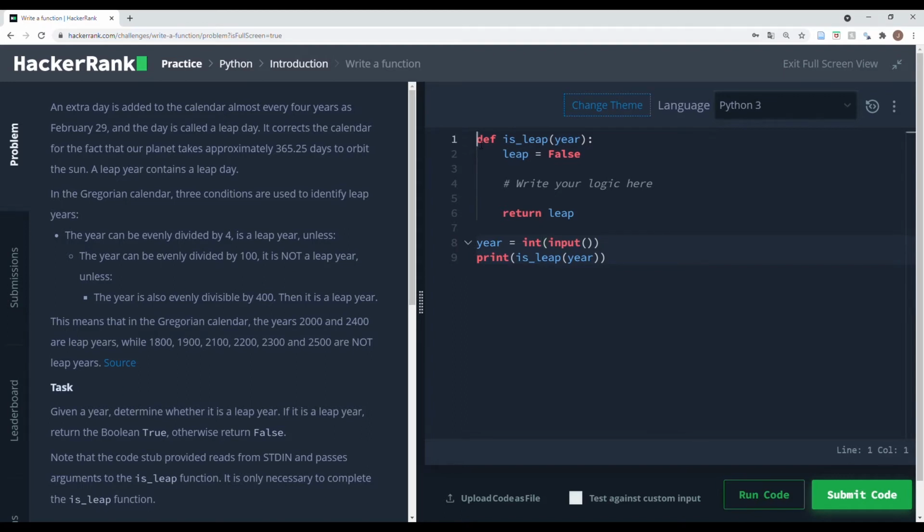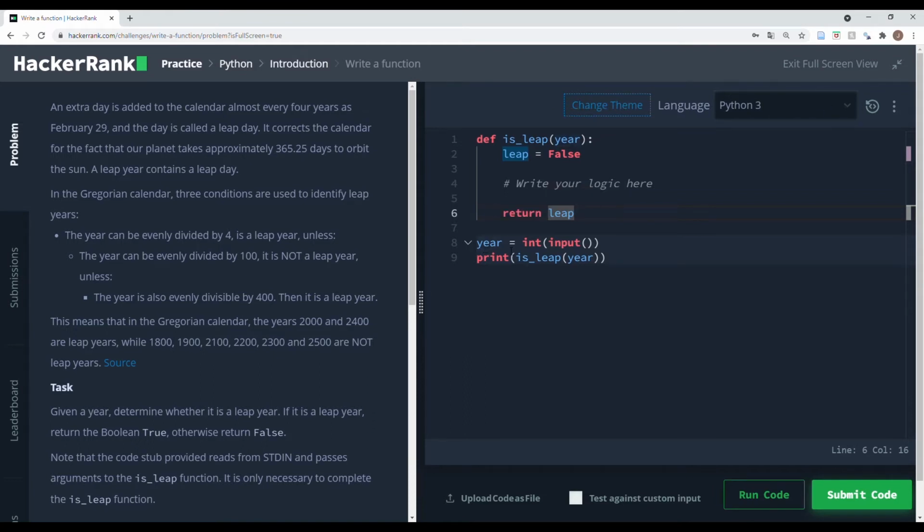So let's start by having a quick look at the code that is already provided for us. So up here, this is the declaration of a function. Def is how you start out declaring a function. IsLeap is the name that was chosen for the function. And then in the parentheses here, you have the arguments that get passed into the function. So next you'll have your colon, and then this is going to be the body of the function where you write your own logic. Finally, the function in this case will return a Boolean value, meaning true or false,